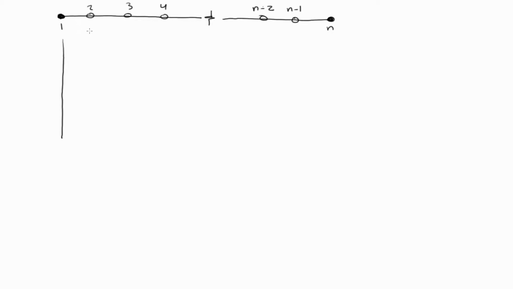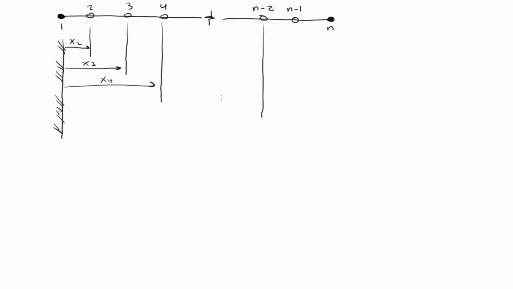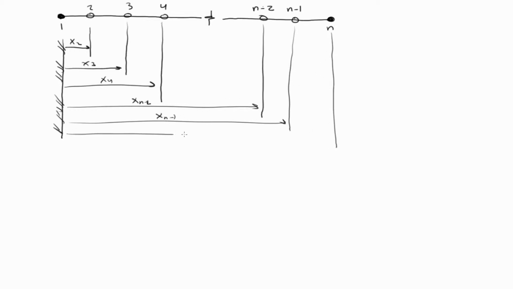if we use this as our datum, then the position of this node is x2, position of this node is x3, position of this node x4, and so on. So